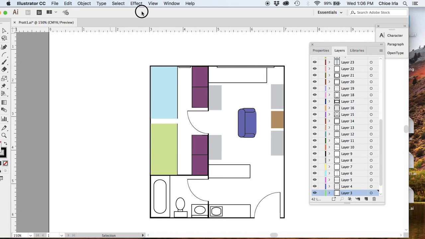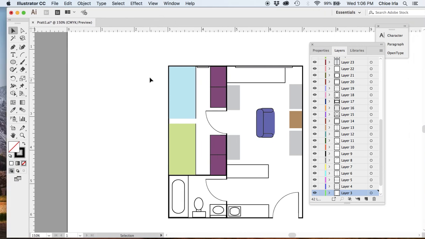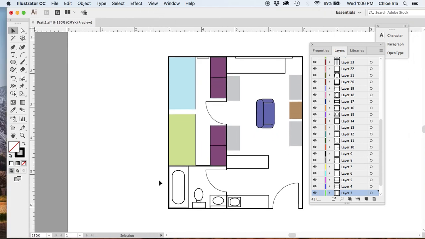So there you have it. That is just a sort of dissection of this floor plan, some of the tools